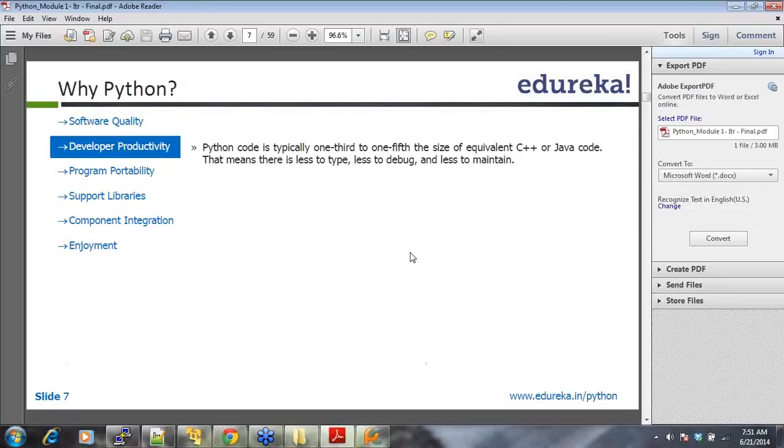And I would say it's not even 1/3. It's less than that. It's somewhere between 1/3 to 1/5. Okay, so that means there's less to type, and when you have less to type, there will be less to debug, less to maintain, and